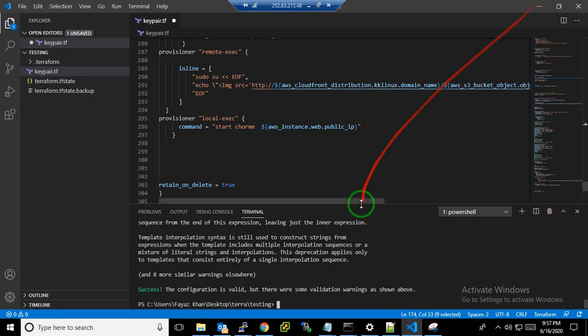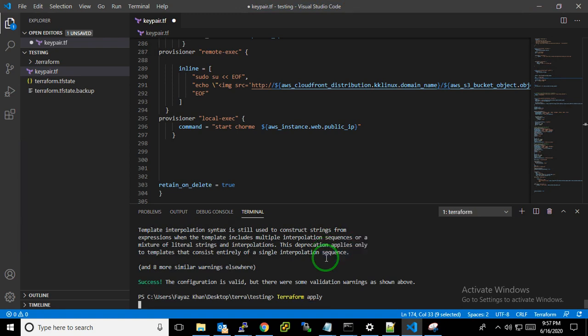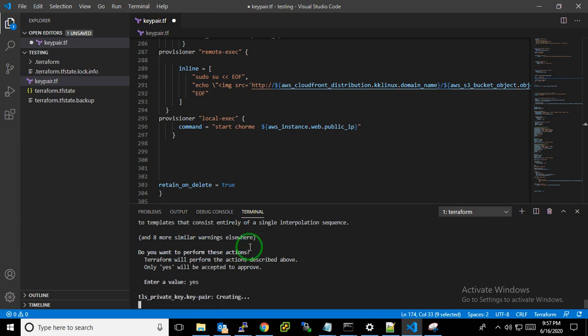So let's see my code for launching on AWS. You just run terraform apply, and all your code and all your infrastructure will be deployed automatically with the help of Terraform. You have to confirm it with the yes command.